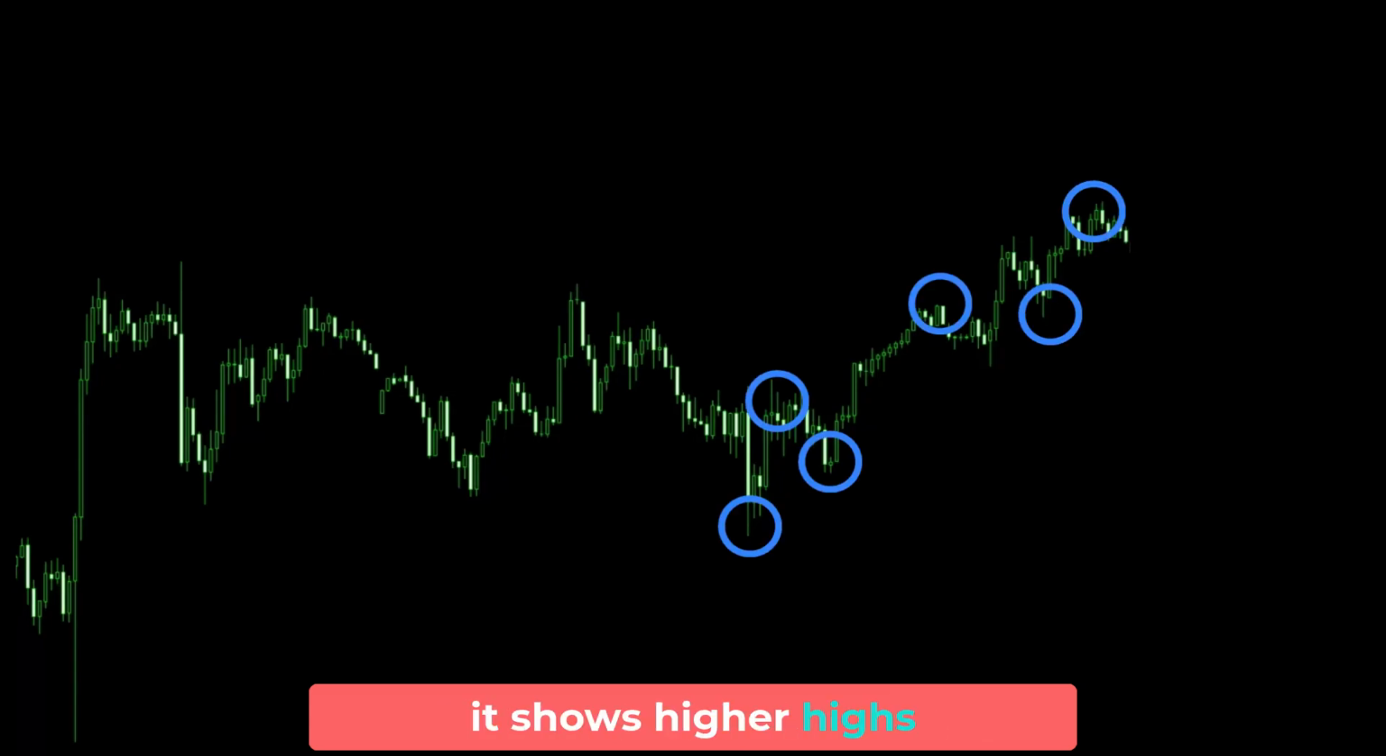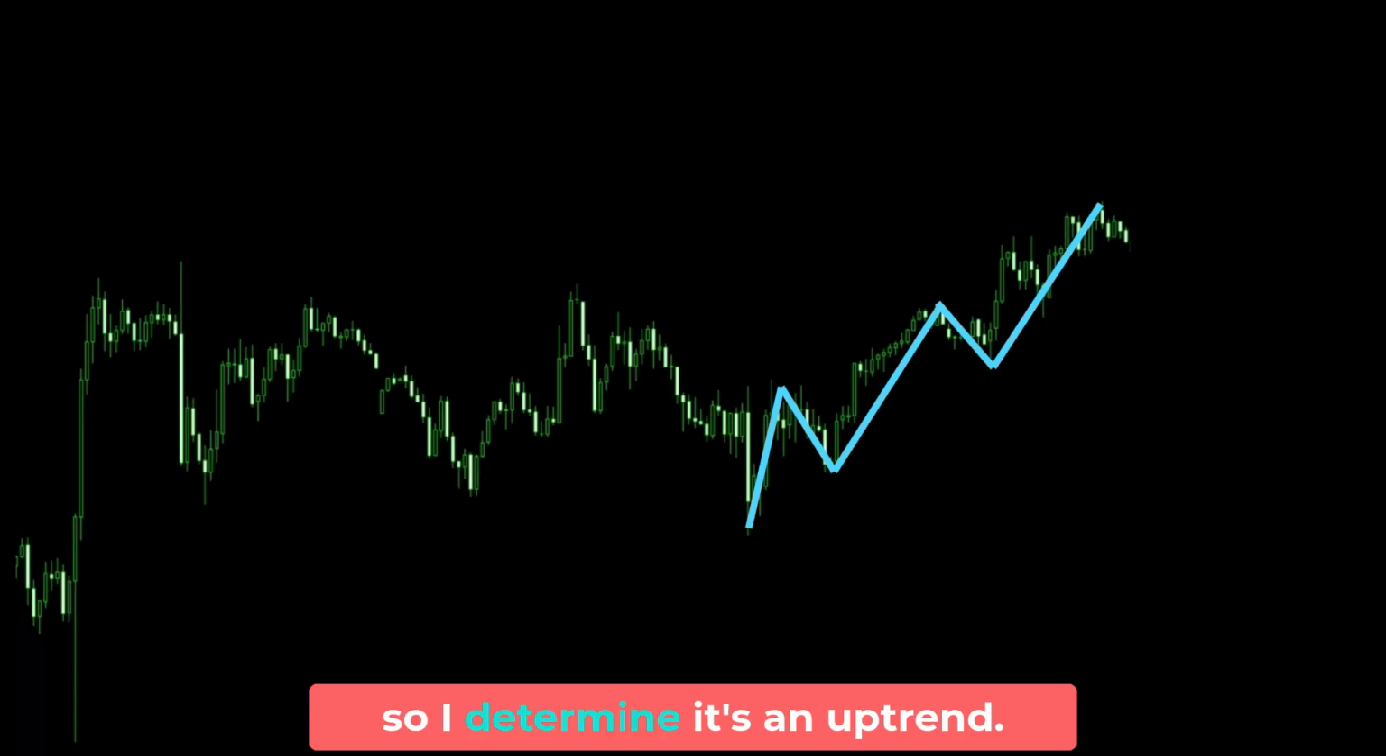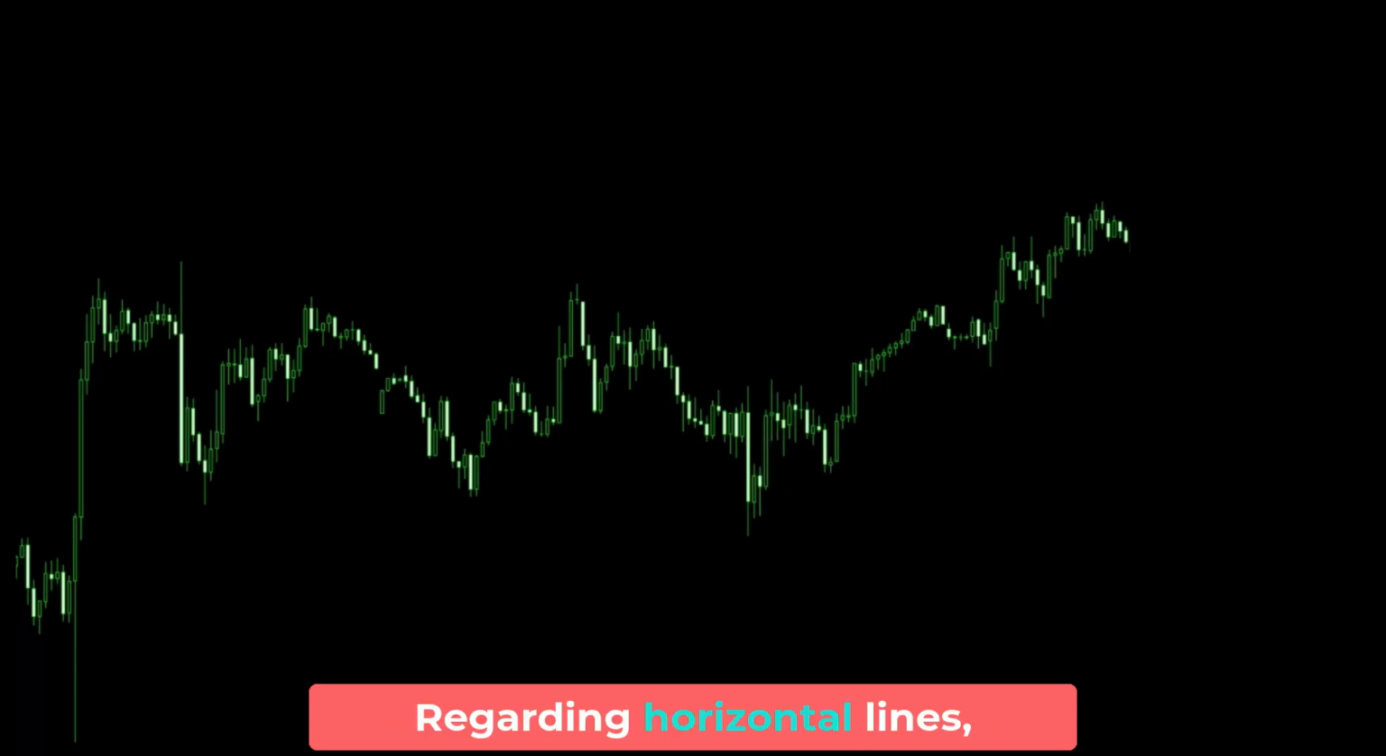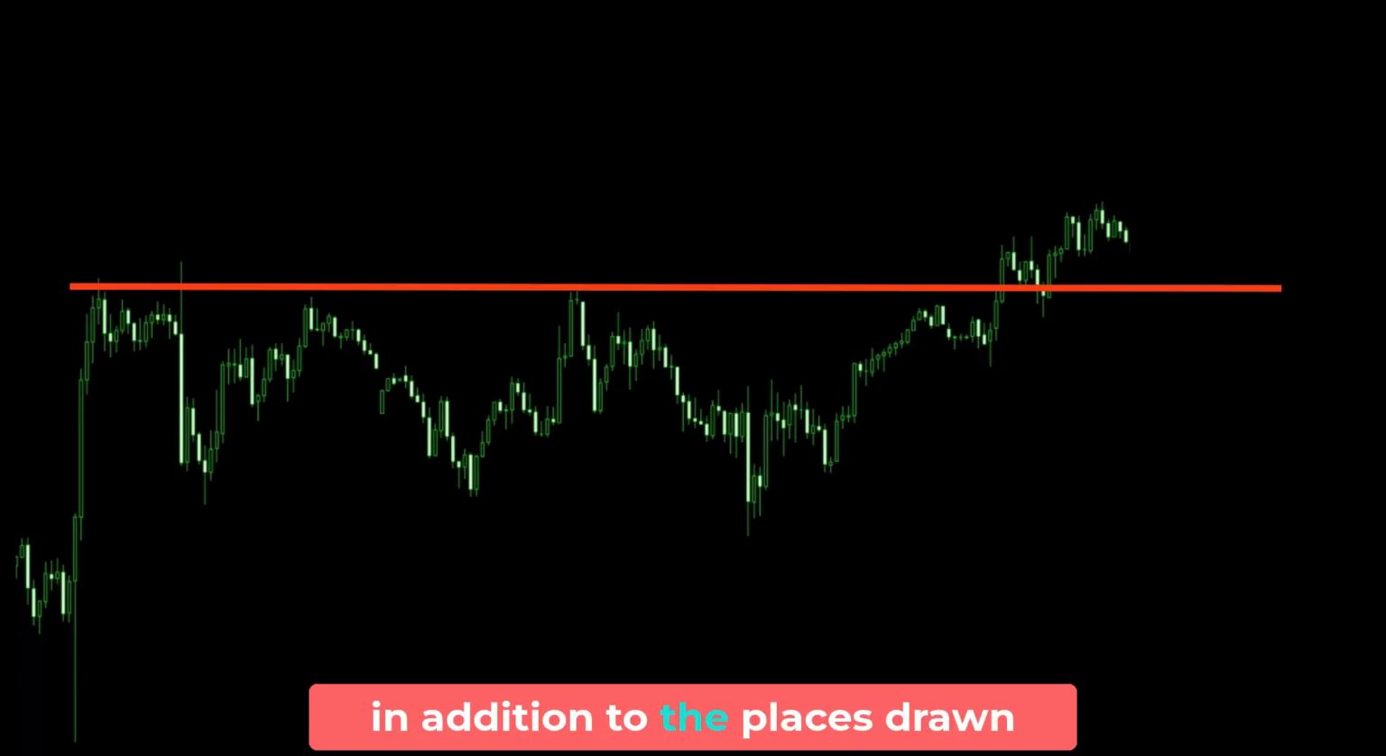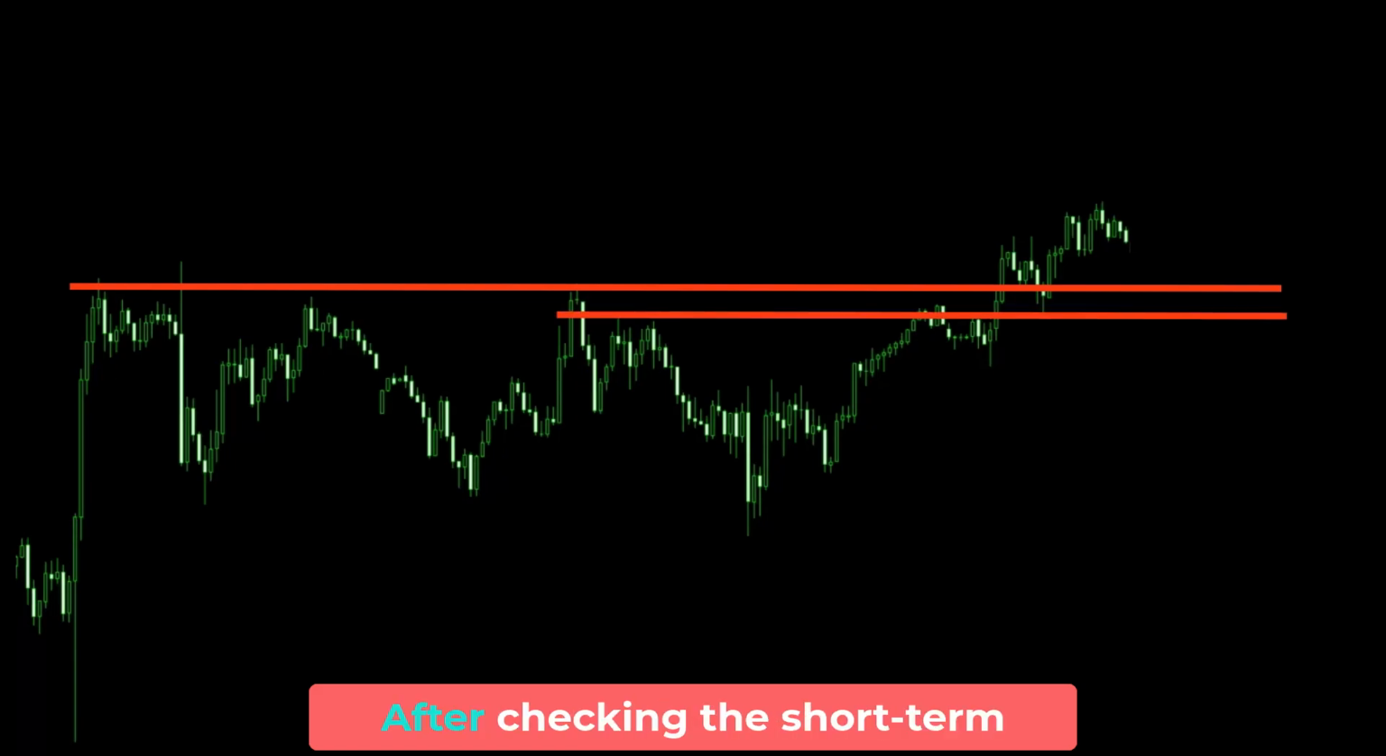Looking at the current short-term chart, like the long-term chart, it shows higher highs and higher lows, so I determine it's an uptrend. Regarding horizontal lines, in addition to the places drawn on the 1-hour chart, you can draw them below the 15-minute chart as follows. After checking the short-term chart, finally, as a summary, reconfirm the long-term trend, short-term trend, and whether to buy or